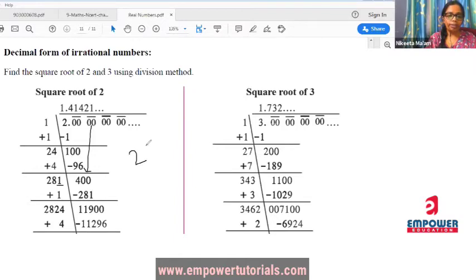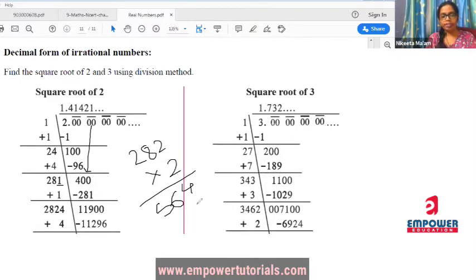Now, what if I take 2 over here in this vacant place? So 2 into 2 will be how much? 4. Then 2 8s are 16. Then 2 2s are 4, and this is 564, which is far more than 400. So I cannot take 2 over here. So I have taken 1 over here. If I'm multiplying 281 by 1, I'm getting 281, which is less than 400 and somewhat nearer to 400, because 564 will be more than 400 and I will get a negative answer over here, and that I cannot afford, right? So I'm taking 281 over here.